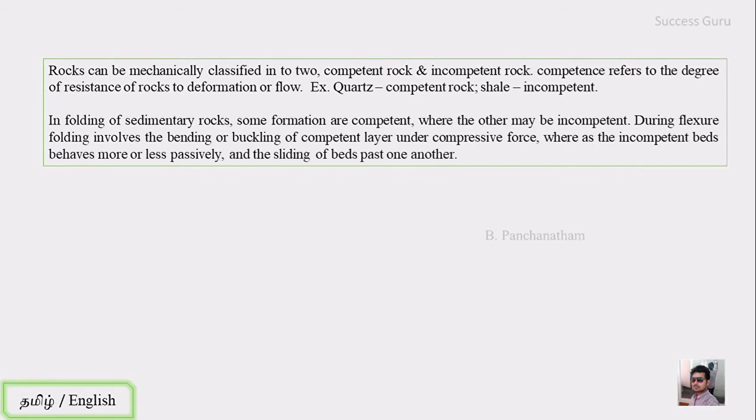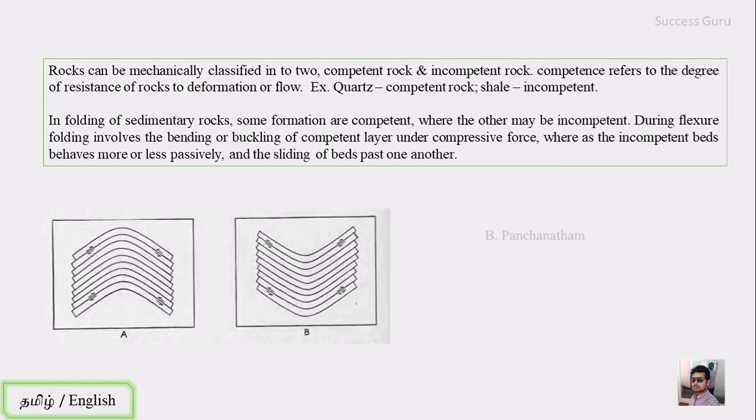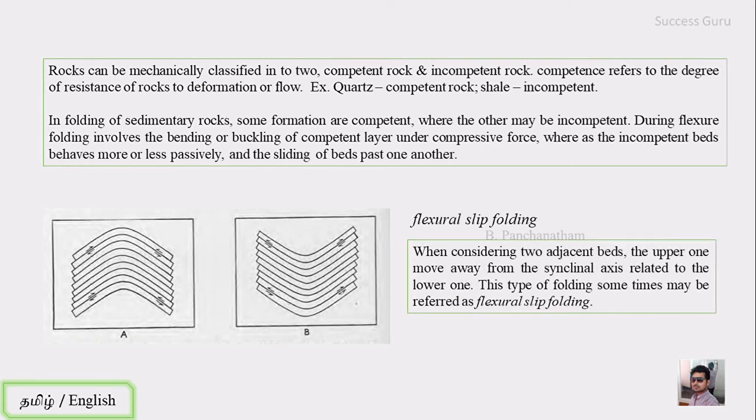During folding of a sedimentary rock, if there are both competent and incompetent rocks in that region, what happens during flexural fold? The competent rock will bend and buckle due to the compressional force, whereas the incompetent rock behaves more passively, and that simply leads to the sliding of beds past one another. This sliding of beds past one another leads to a subdivision of flexural fold, that is the flexural